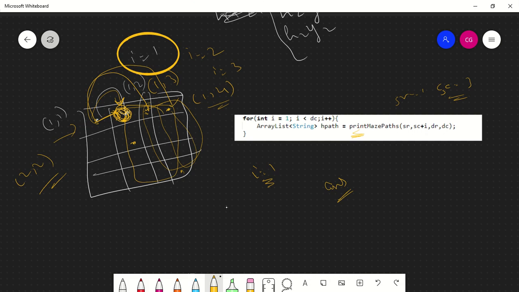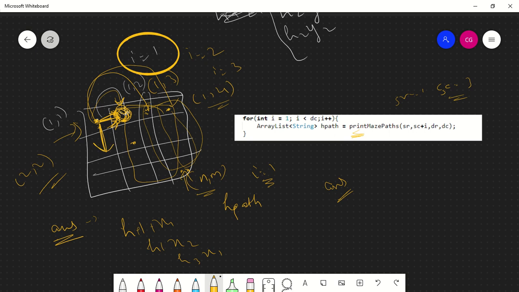We got the solutions in h paths. Now we need to find the actual answer. The actual answer is from moving 1 comma 1 to n comma m. To find these actual answers, after you got all the solutions from here, you just add h1 to all the solutions. Then h1 x1, h2 x2, h3 x3, these all provide the solution from this point to this point via this point.